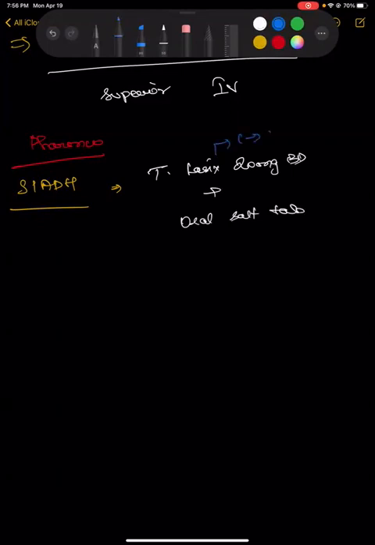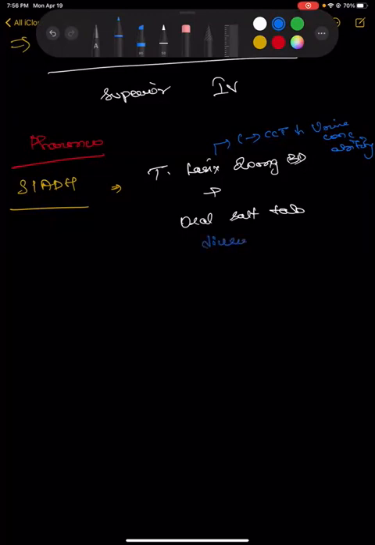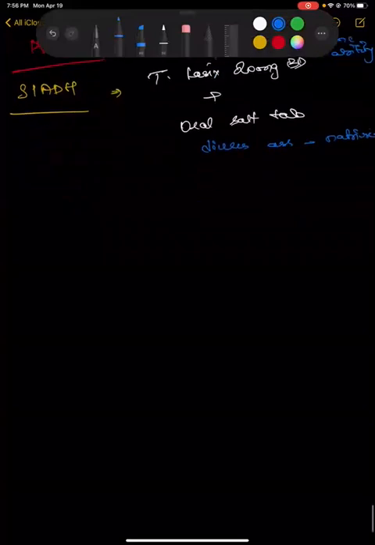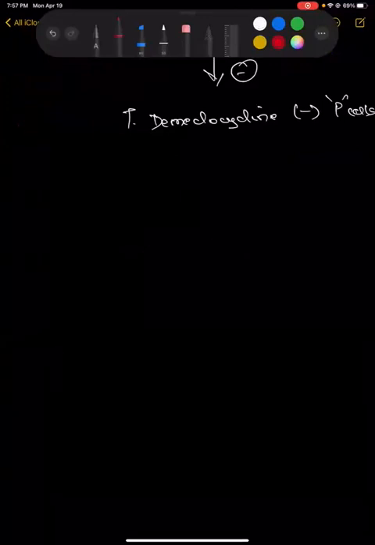This will inhibit the countercurrent transport and it will reduce the urine's concentrating ability, so more water will be washed out. Oral salt tablets act as a diuretic-associated natriuresis accessory. If this fails, then we can go with tablet demeclocycline. This acts by inhibiting the principal cells. But the problem with demeclocycline is it is nephrotoxic.